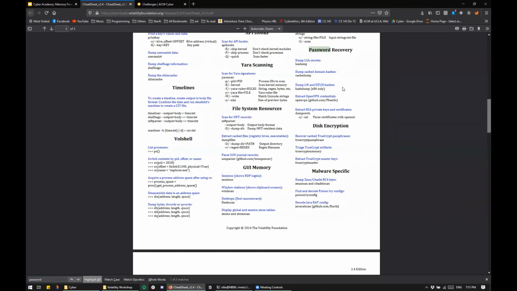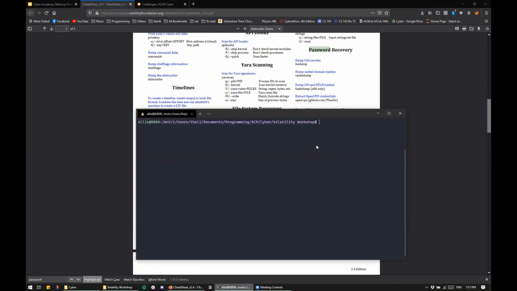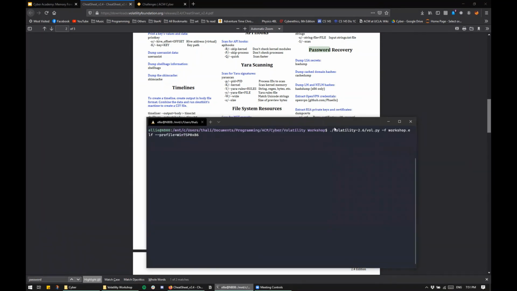For reference, NTLM hashes the passwords of the accounts in order to store them. I got the volatility command, and then the file that I need, which is workshop.elf, and I got the profile. And I'm just gonna run hashdump